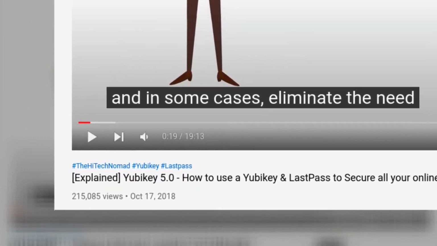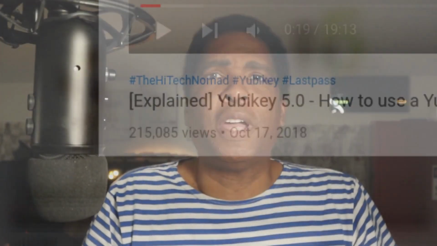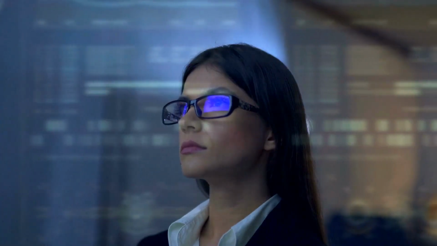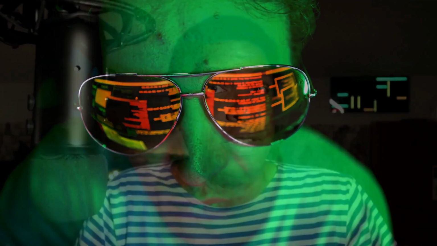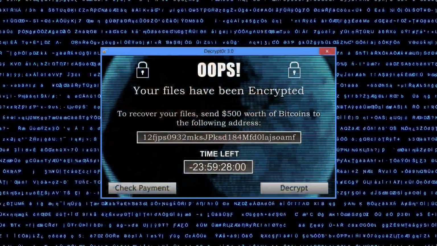Security keys are a popular subject on this channel. I think it's because more and more people realize, whether they like it or not, valuable information about them is stored on their computers and in the cloud. And they also realize that they have to take proactive steps to keep that information from getting into the hands of villains that will use it to steal money or cause misery in their lives.